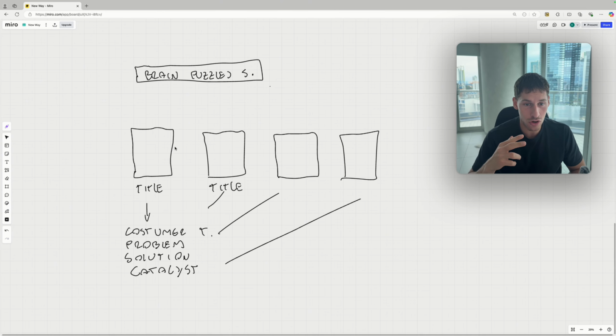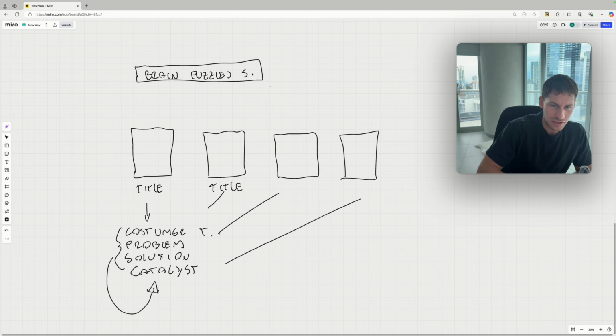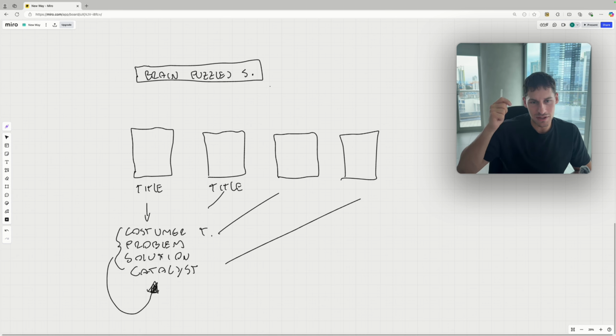So you find a different solution, or a problem that is not solved yet, a very precise problem, and you can take one of these solutions that you can find on Amazon to use. So it's pretty much about crossing the various patterns and finding different ways to either solve the problem, or to word it, or a new catalyst. And then once you have these three things nailed down from the research, from the data you collected, then you think about a catalyst, okay? I've already done an AI tutorial, maybe I'll link it in the description, where I explain how to find a catalyst with AI. It's better to use your brain in general, but AI can do 75% of the work.